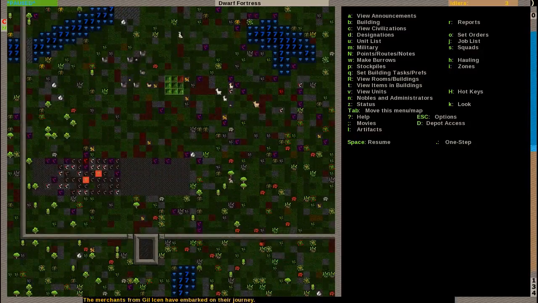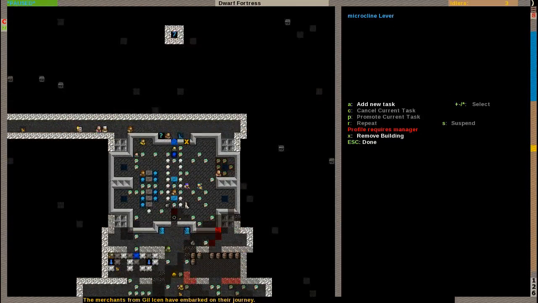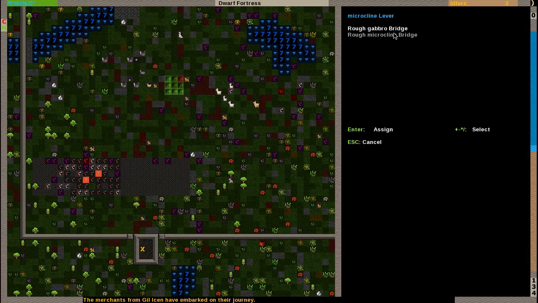Wall almost done. Let's check on our switch or lever. Finished. So we have our lever here, and we can add a new task to it. And there's a long list, but we want the top one, link up to a bridge. So we press B, and you see here are our two bridges I made. I also made one a little bit to the left here, but